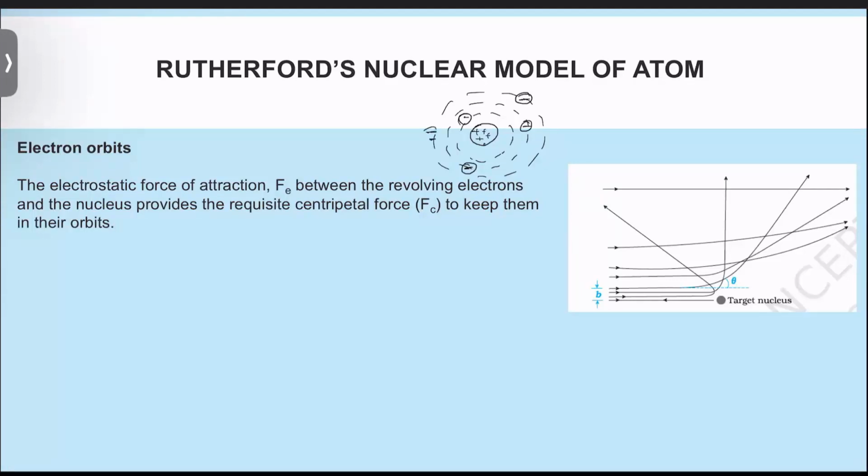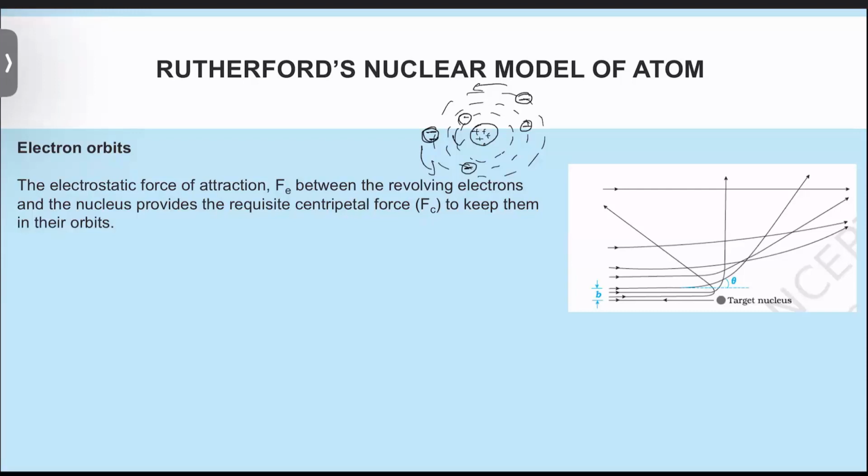Now obviously there has to be some kind of force that is keeping the electrons in these orbits. We can give the expression of this as the electrostatic force of attraction, Fe, which exists between the revolving electrons and the nucleus, and this force is going to provide the centripetal force required